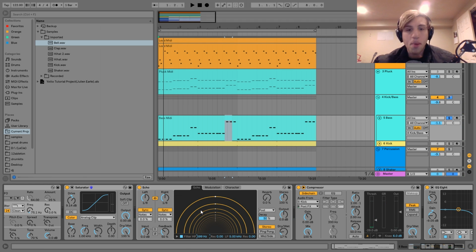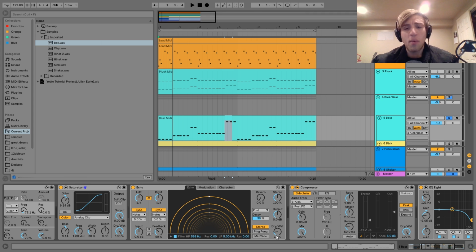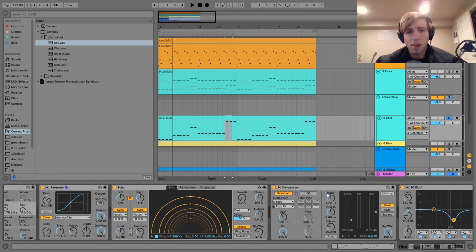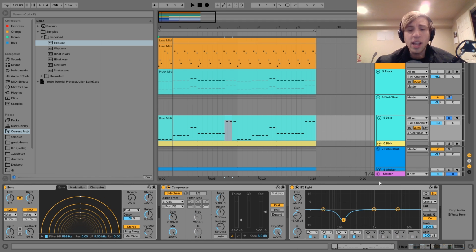So yeah, definitely a really important thing because this can sound really good. You just need to know how to control it and make it fit into your track. I also don't have a whole lot of dry/wet on there. You can see it's only at 17%. Then after that, I've just got a compressor side-chaining into the kick, and then an EQ8 where